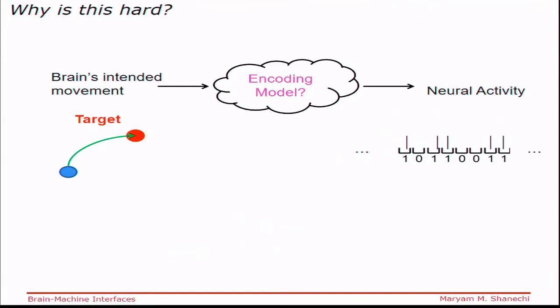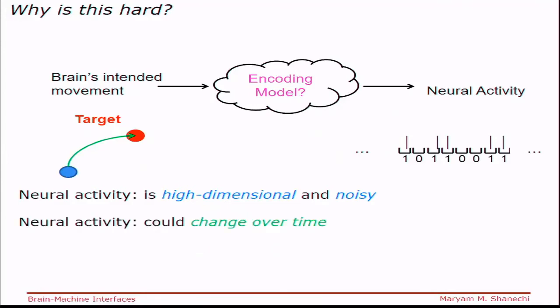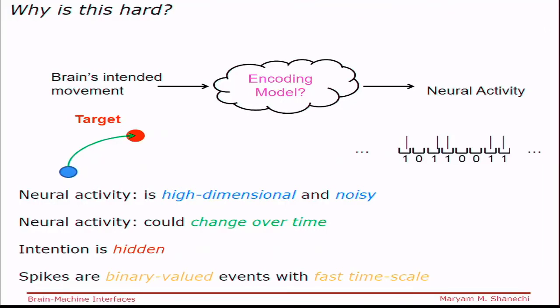So why is this problem so difficult? There are multiple things that make it very difficult. First, we know that neural activity is very high dimensional and noisy. It's non-stationary and it could change over time. The very intended movement that you're trying to build a model for is hidden. I don't know what the intention is. It's hidden from my view. So how do I actually have the teaching signal to even learn this encoding model? And finally, if you want to model spiking activity, these are not normal signals like wireless signals that you have. These are very specific binary time series happening at a very fast time scale,